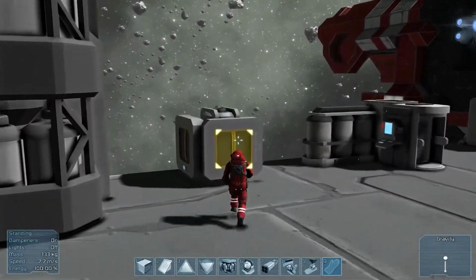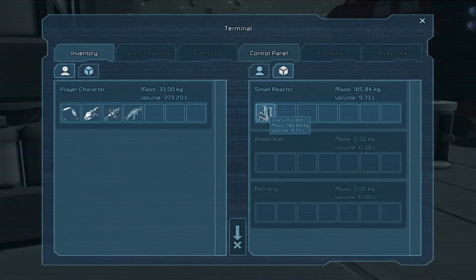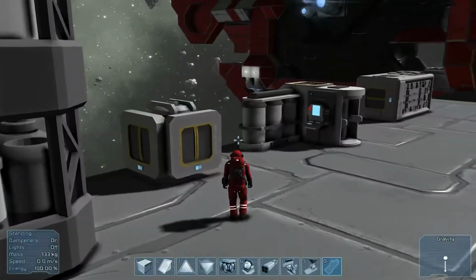So if you were to walk up to, like, say, this thing and interact, you can see I'm interacting with the small reactor. It has 9.73 uranium. I guess that's a lot. Maybe not. I don't know. And so you can drag and drop things, well, that's...